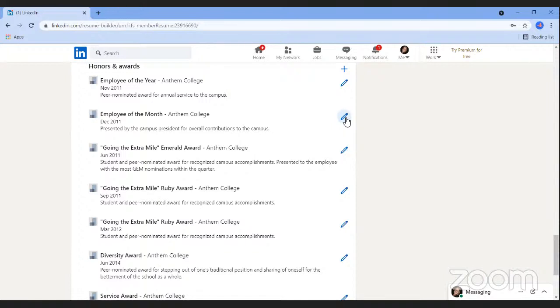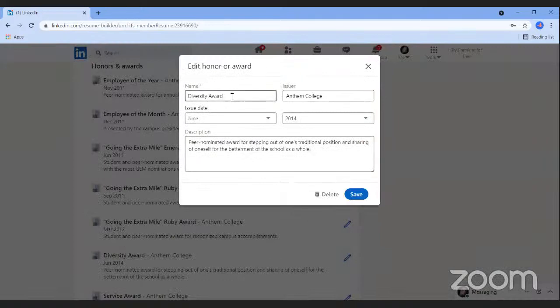It's important that you demonstrate how any honors and awards you're including translate to your value as an employee. As you edit, keep your formatting consistent so that entries are understandable. And you'll see on here that each entry includes the name of the award, the issuer or who gave it to you, the date that you received it, and then you have an option to include that description.